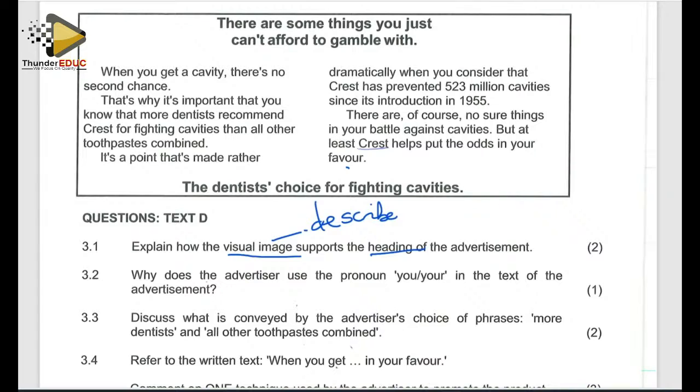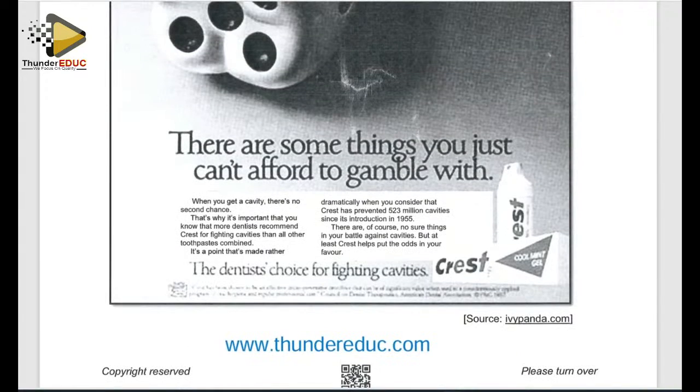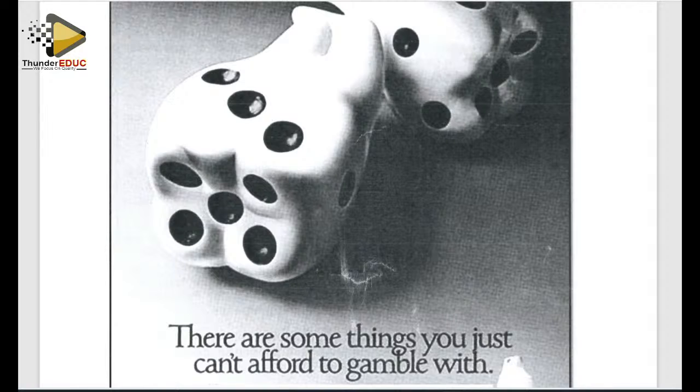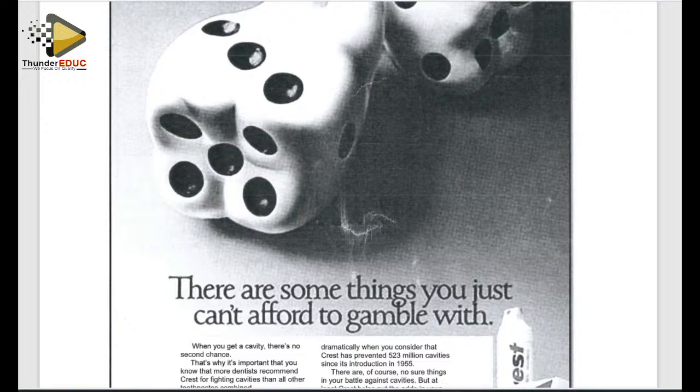to. Now, when we are coming to a visual image in our heading, we are going to go back to the advert quickly. Right. The heading says there are some things you just can't afford to gamble with. That is the title and the heading of the advertisement. What is the connection? Let's go to the image. The image is a tooth that has cavities, but now which is now in the shape of a dice, a gambling dice, because it has holes in it. So it looks like a gambling dice, yet it is a tooth. So now that's the connection that we have between gamble and